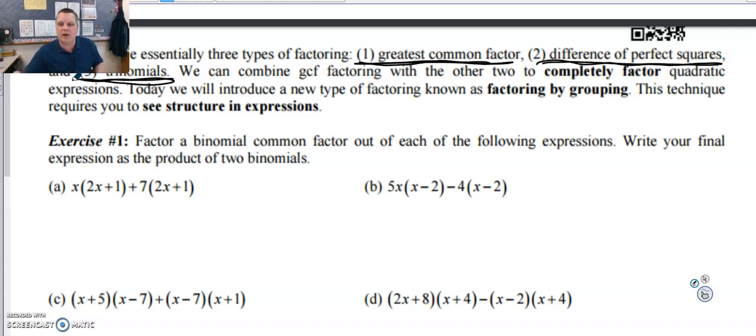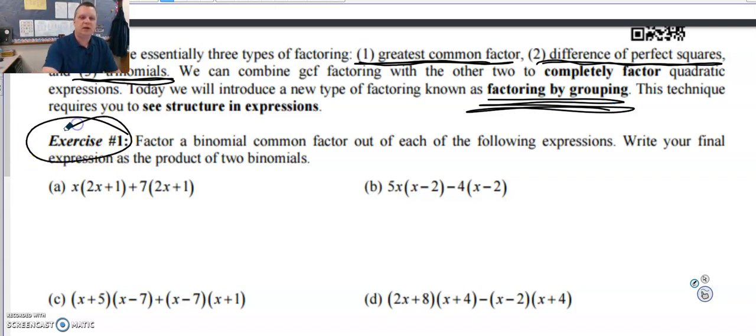We are going to talk about today factor by grouping, which I'm hoping is going to be rather familiar because we use grouping with the arcing. So hopefully you pick up on it pretty quick. And when you see the criteria, that's usually the method you're going to use. So what we have here in the first exercise is we want to factor a binomial common factor. So that just means you're going to take out a binomial term,